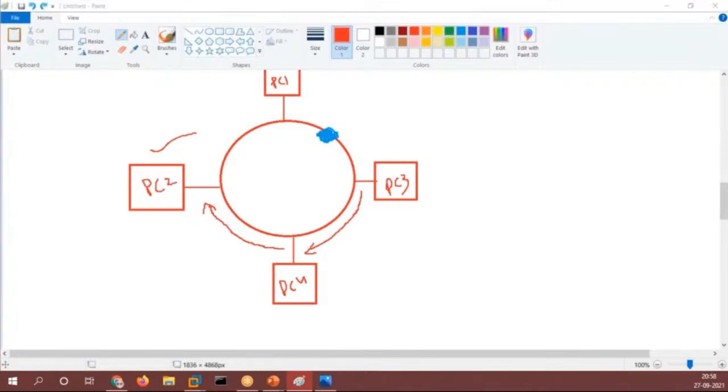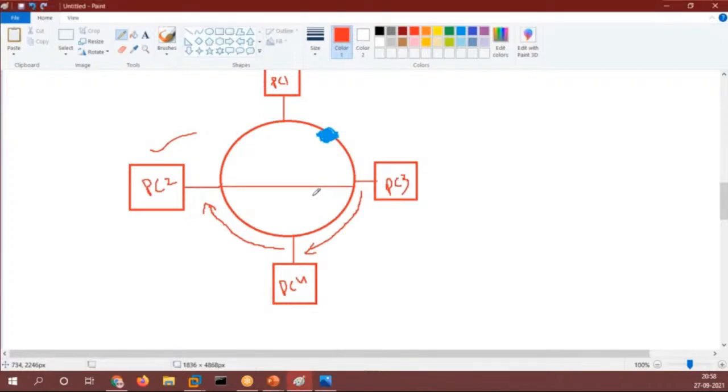Then we have to fill the data, and after filling the data, we have to wait for it to reach, right? What if I have just a direct connection? It will be much faster than this, right? But I don't have this direct connection. I have this PC to PC connection. So an adjacent connection is there.